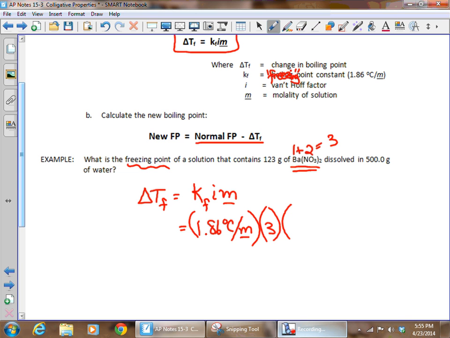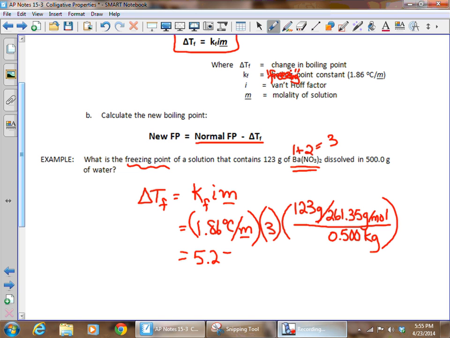And the molality then is going to be our mass of 123 grams divided by the molar mass of barium nitrate. And the molar mass of barium nitrate is 261.35 grams per mole if you add it all up. We're going to divide that by the kilograms of solvent, so we need to change that 500 grams to 0.5 kilograms. And when we do, we get a freezing point change of 5.25 degrees Celsius. Remember that that's the change. In order to get the new freezing point,